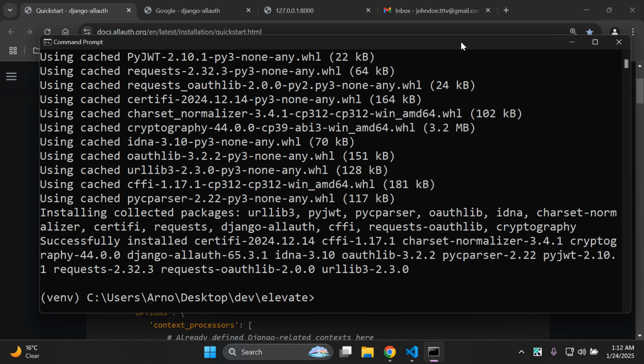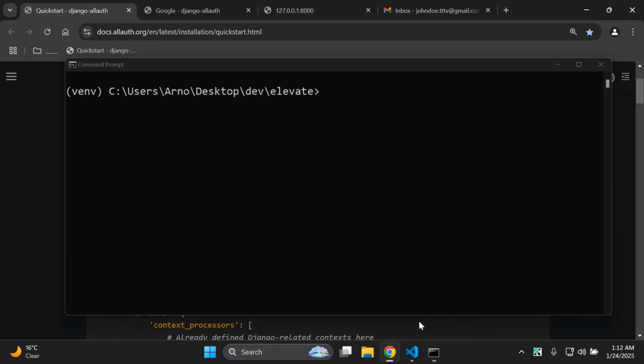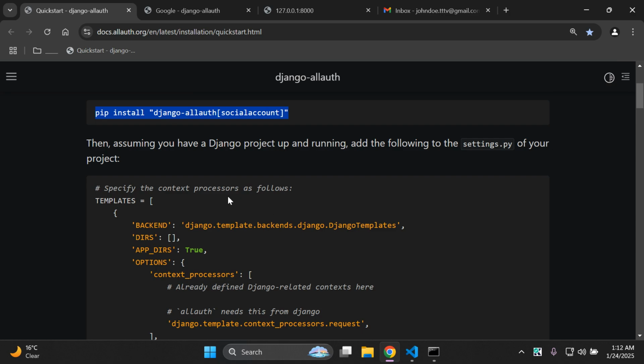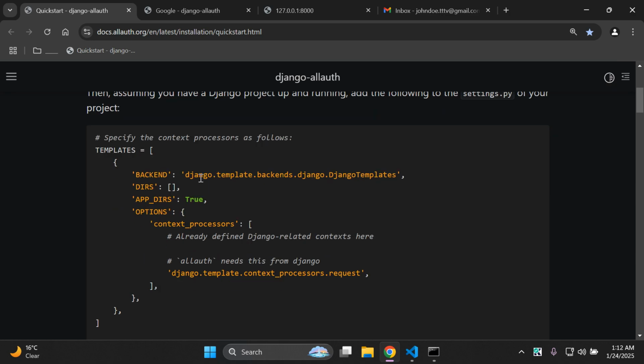All right, so welcome back. So we can see it has been installed. So we're good to go. Let me just clear that up. All right, great. Now, the next thing that we want to do is we want to ensure within our Django project that we have